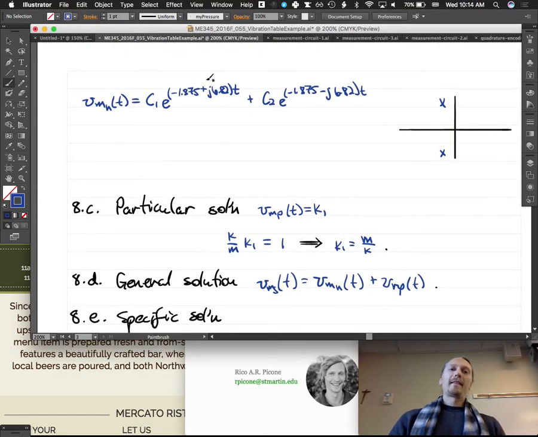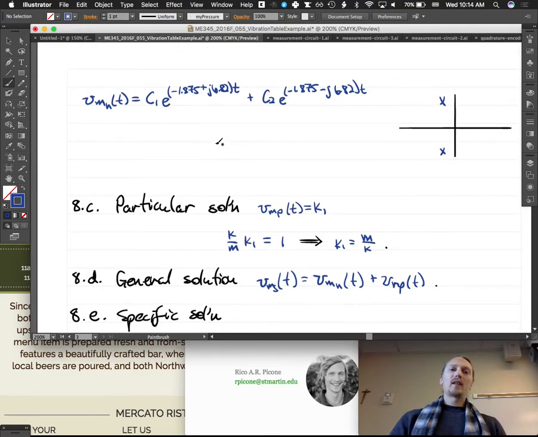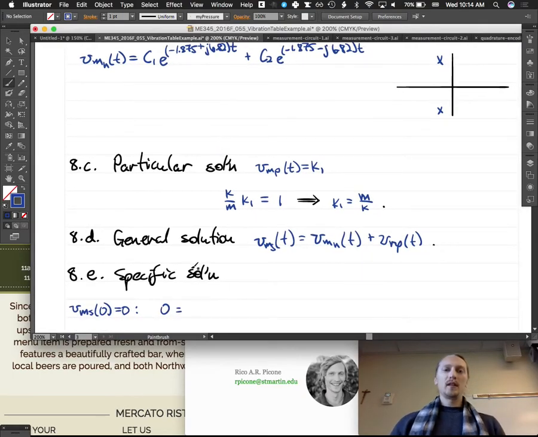So that is going to be C1 e to the 0, which is 1, plus C2 e to the 0, which is also 1,